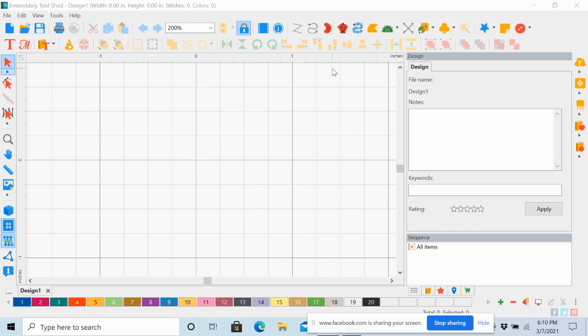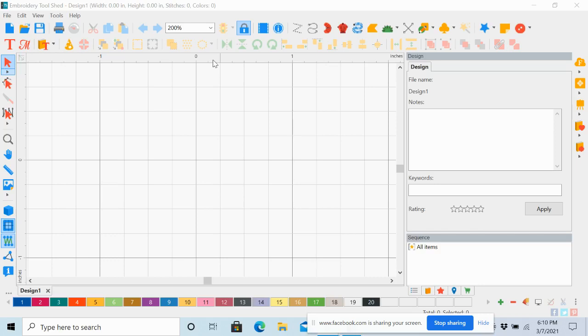Okay. So we're going to make the frame and put it in the software because we can make our own custom frames. So it's really awesome. The first thing we need to do though is be in metric for a minute. The frame sizes are all set up in metric measurements. So I know the 6x6 hoop is 150 by 150. And to get it the exact size I want it, I really need to use the metric because everything's a